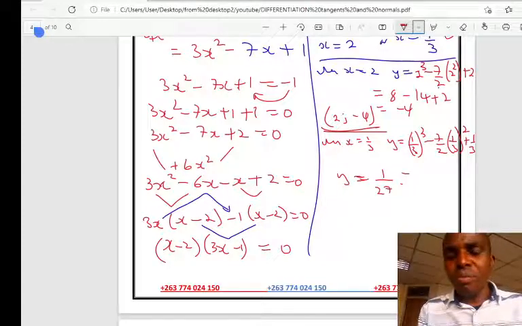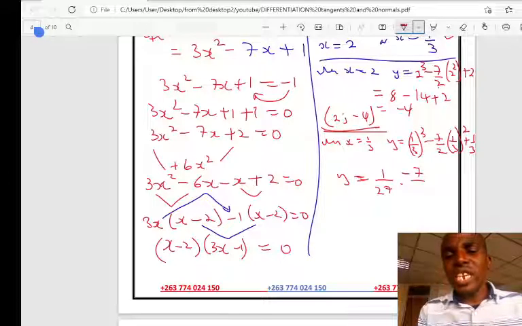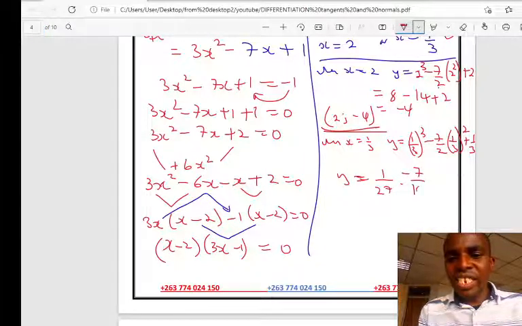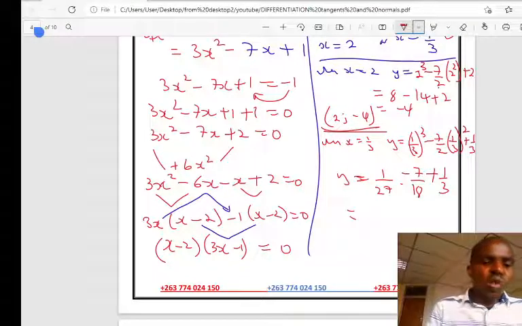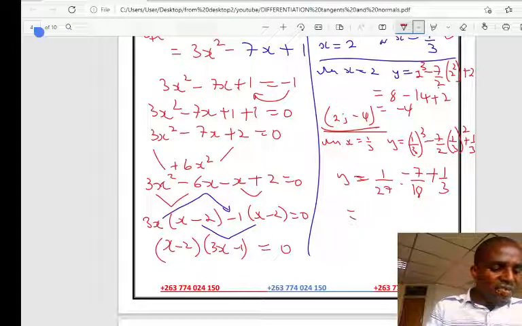Let me simplify a bit. Then here 1 squared is 1, 3 squared is 9. So it will be 7 times 1, 7 over 2 times 9, which is 18. Then plus 1 over 3. Like this. Then if you simplify here, you get y is equal to 1 over 27